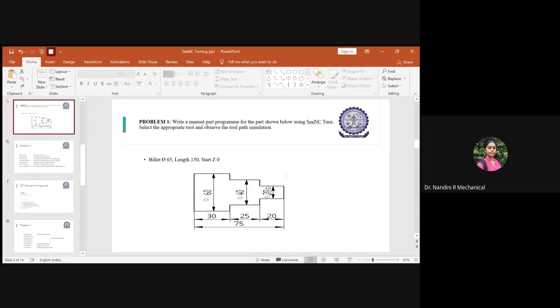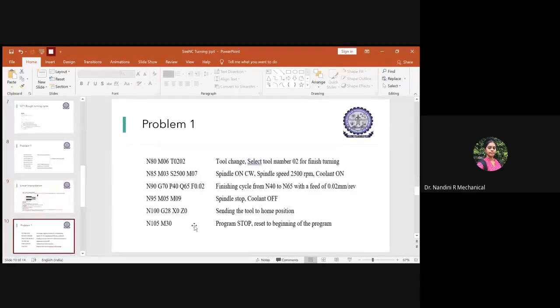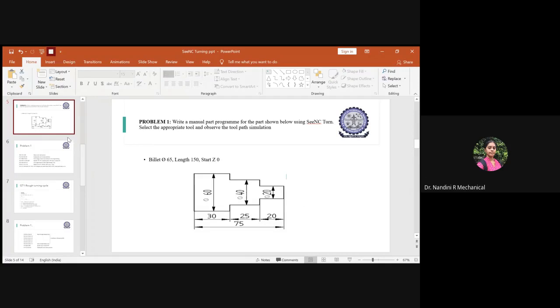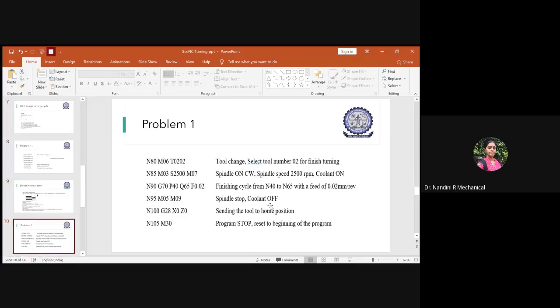So when you increase the spindle speed and give the feed rate for the same, by changing the tool, you will get a very smooth finish, and you can observe that you have got the part as per the requirement with all the clear-cut dimensions with required allowance also. So the same thing, you will just give one command. And the finishing operation, you can just see in the simulation tool, within a matter of seconds, the tool moves like this and you will get it completed. The finishing cycle will be done in a very short period of time. Okay, so the finishing cycle will be done.